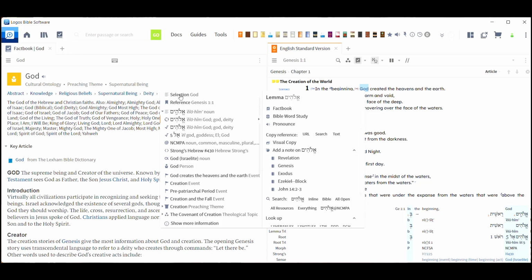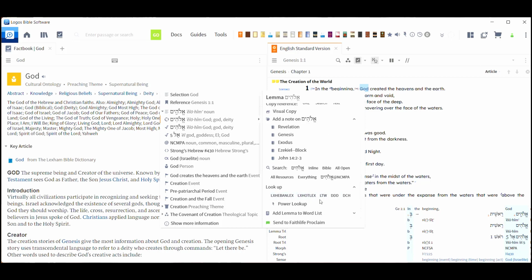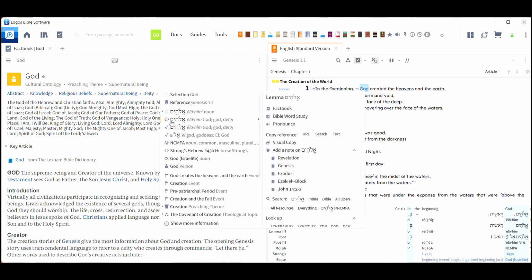I'm not selecting G-O-D. I'm going to the original biblical Hebrew language, and I'm pulling the lemma, which is what it would occur as if you were to look it up in a dictionary. And again, you can search all these in lexicons. You could look it up in different lexicons and different dictionaries. If you were to look it up in a lexicon, which is basically the equivalent of a dictionary,